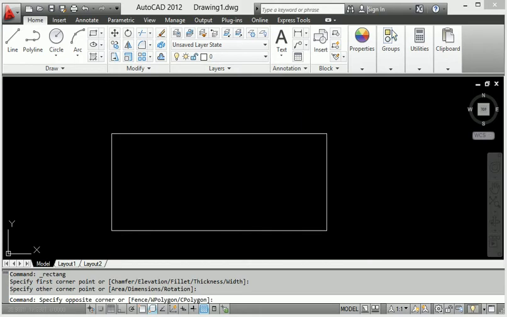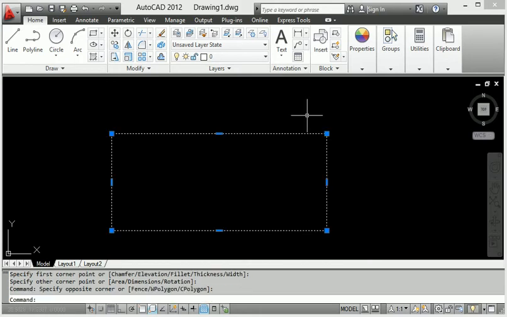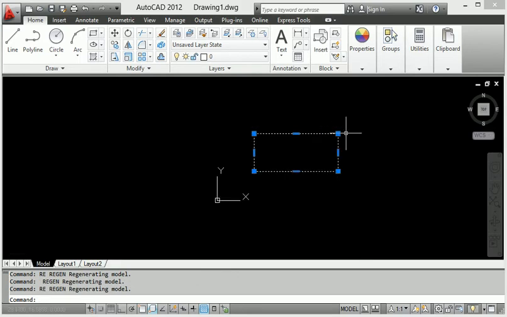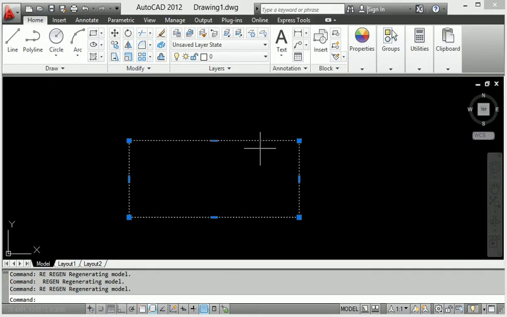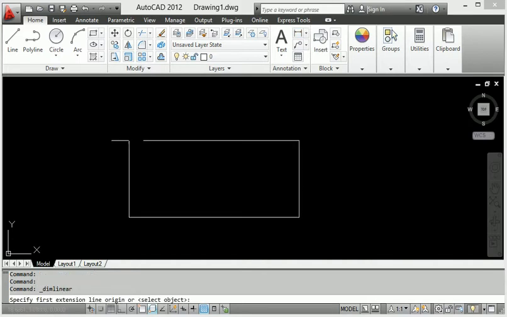When I select this and region, we will provide... so now this is here, the rectangle right now. Then I will provide the dimension here. When I click the dimension and provide the particular point here.